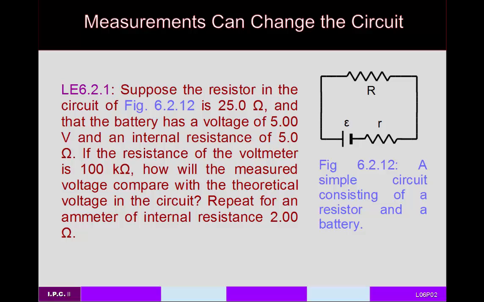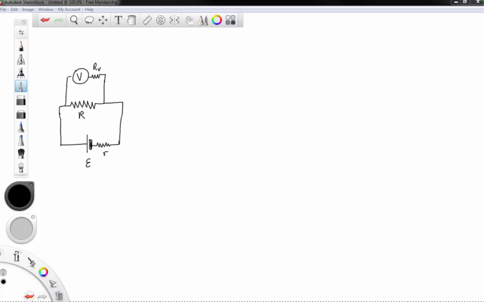So we'll start off with basically a voltmeter. What we want to do is measure the voltage drop across some resistor. And so the question is, when we make that measurement, how does the circuit end up changing? And then likewise, what happens if we put an ammeter into the circuit to measure current instead? So basically what happens is when you put the voltmeter in parallel with this circuit,